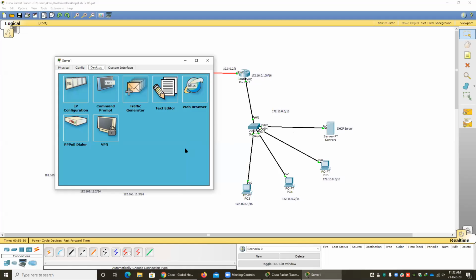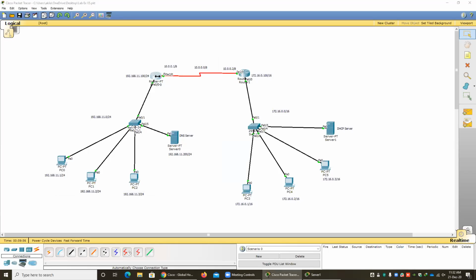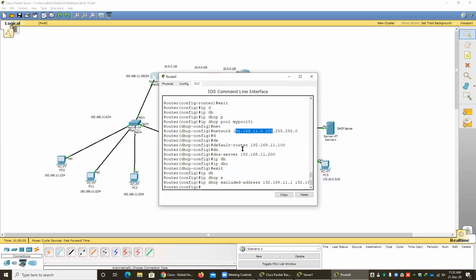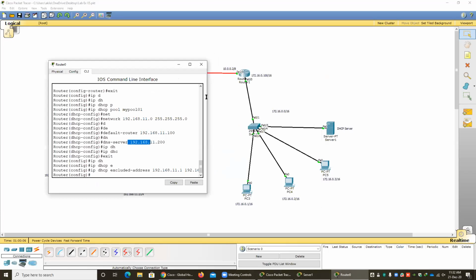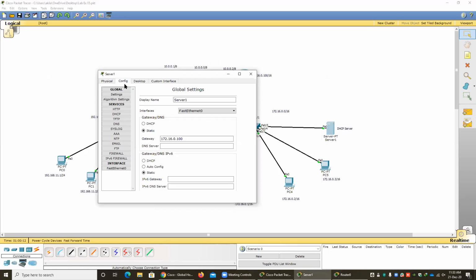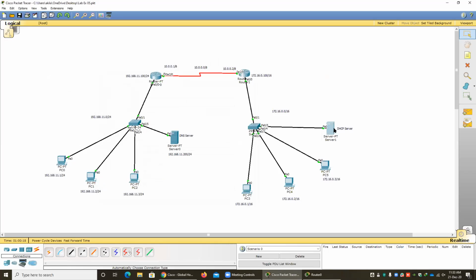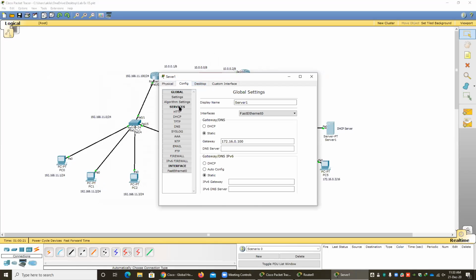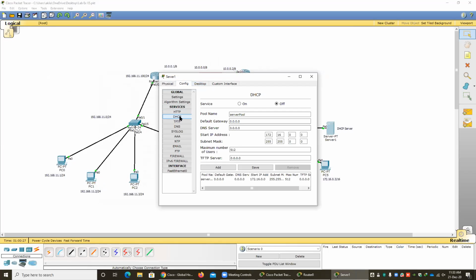Okay, now you are going to configure the DHCP server. You have to set the pool. Can you remember you created my pool 1 and the network and the default router, DNS server, those things. So likewise, you have to put these. You can put them in the configuration tab. So first of all, click this DHCP server and go to the configuration tab. Here you can find DHCP. Click DHCP. And remember, if you are using the Mac operating system for Packet Tracer, that means the newest version,